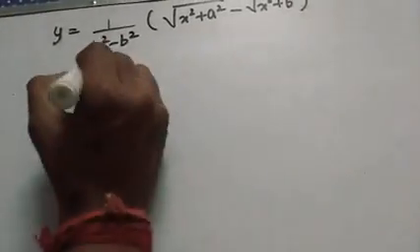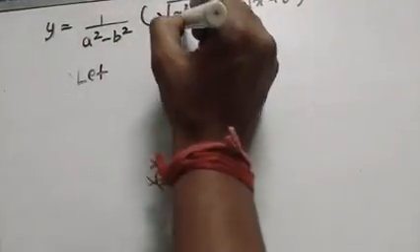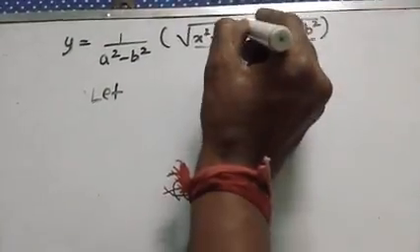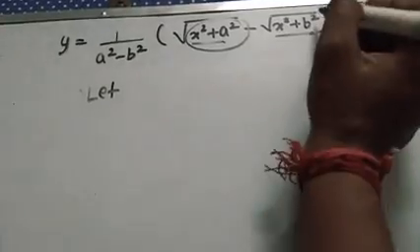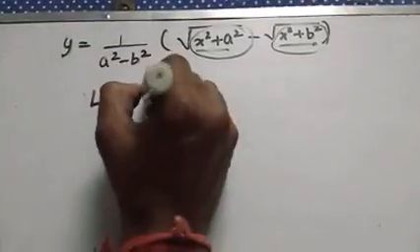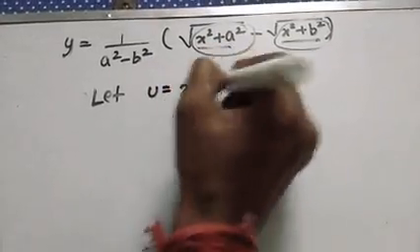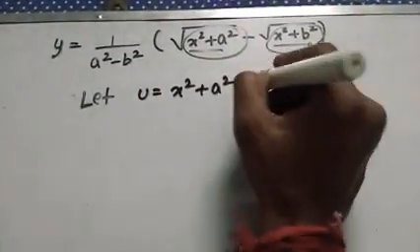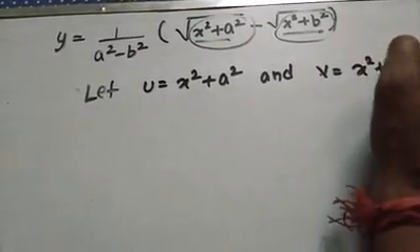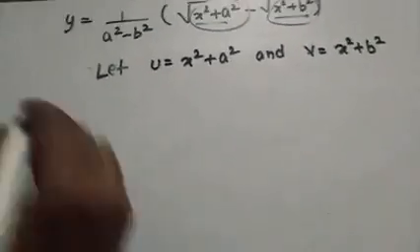How to convert? We'll simply let... so these are the functions. This is one function, this is another part. So for this part we will assume this as u and this part as v. That is, let u equals x square plus a square and v equals x square plus b square. Simple. So then